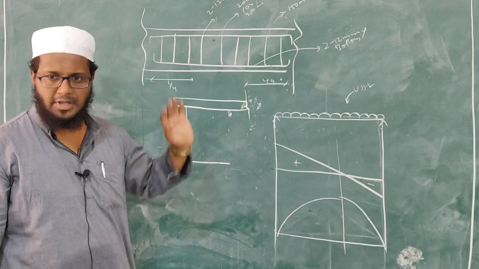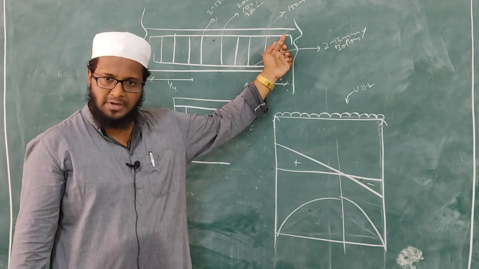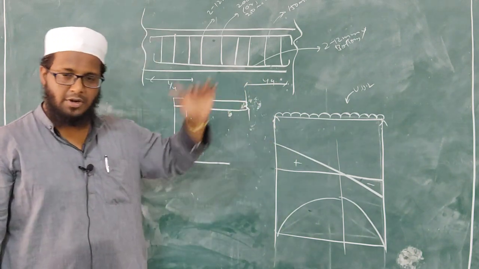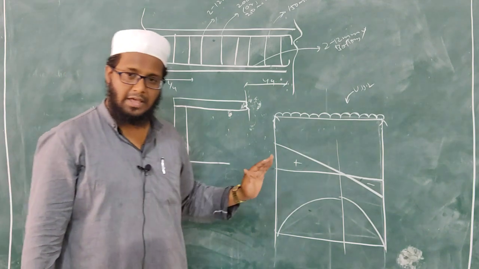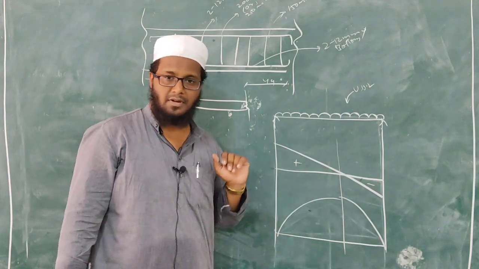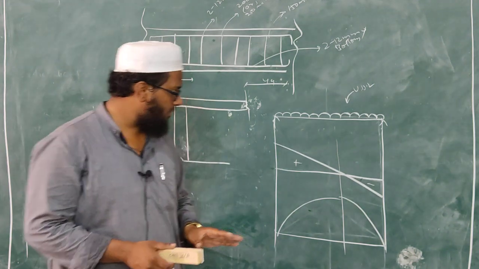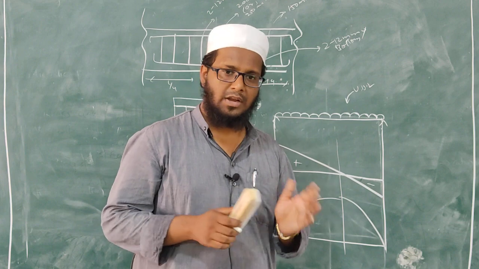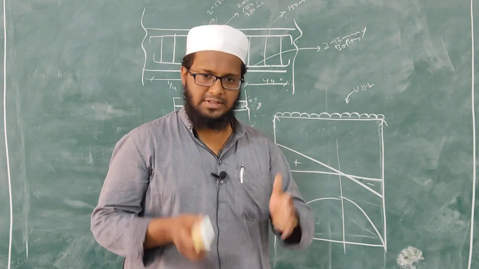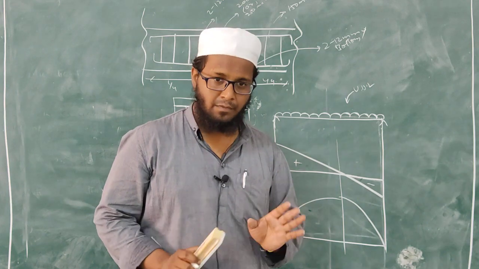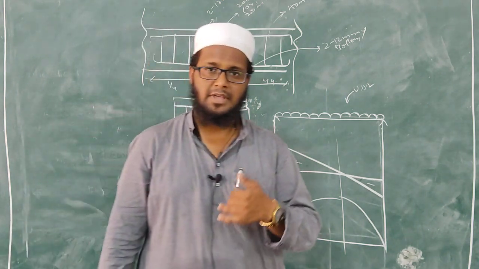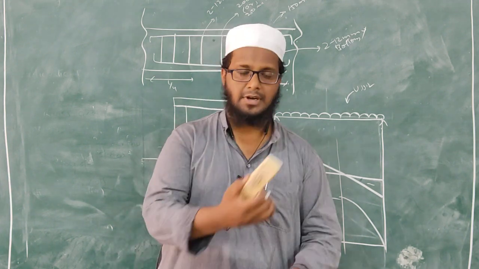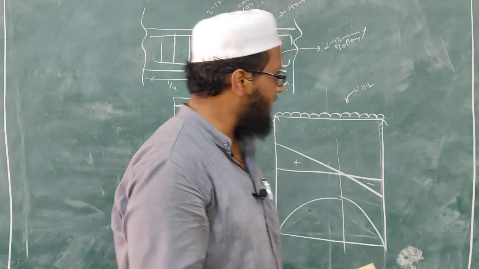What do you mean by main reinforcement? Main reinforcement is nothing but the top reinforcement and bottom reinforcement. We have different types of beams in RCC, so top and bottom reinforcement will be calculated depending upon the value of bending moment. In this particular class, we'll take one small problem on how to calculate shear force and bending moment, and from the next class onwards we will start the slope deflection method. That is a very important topic, and it is very helpful in calculation of moments and other things.